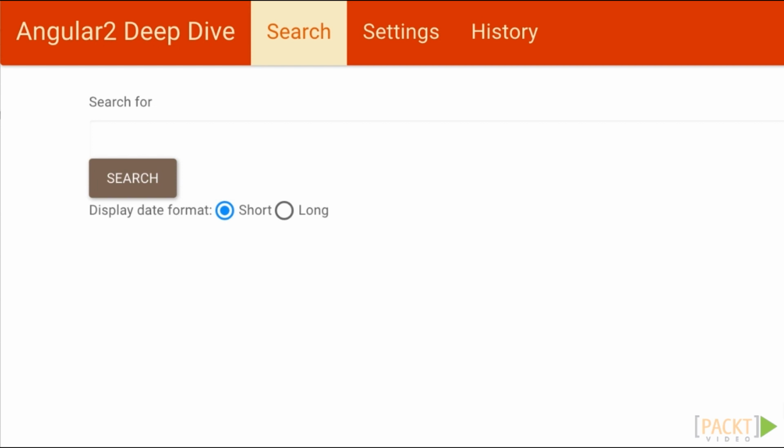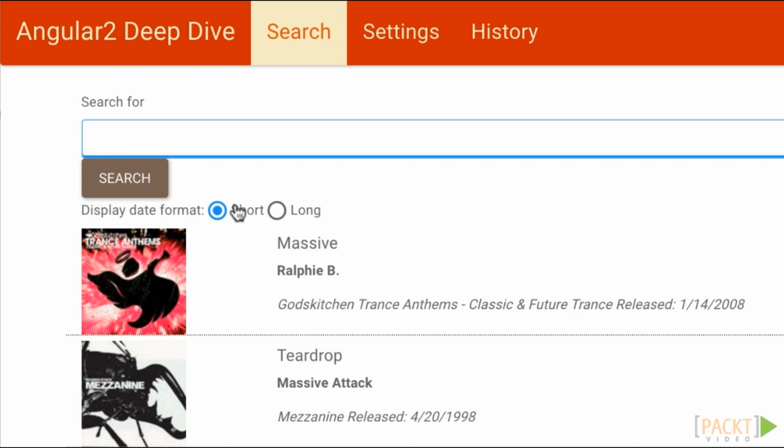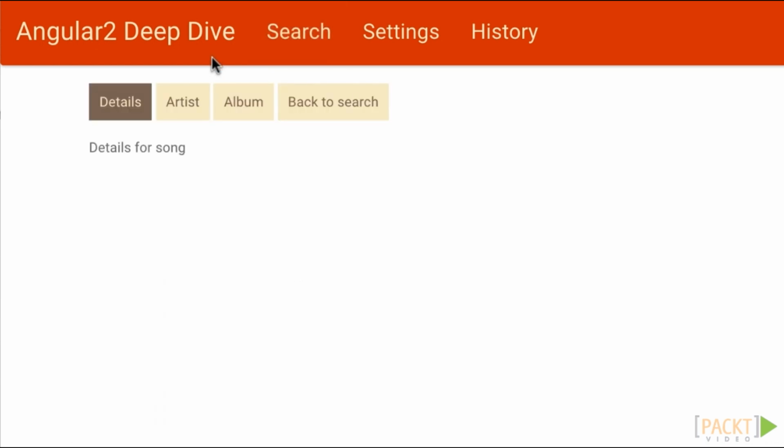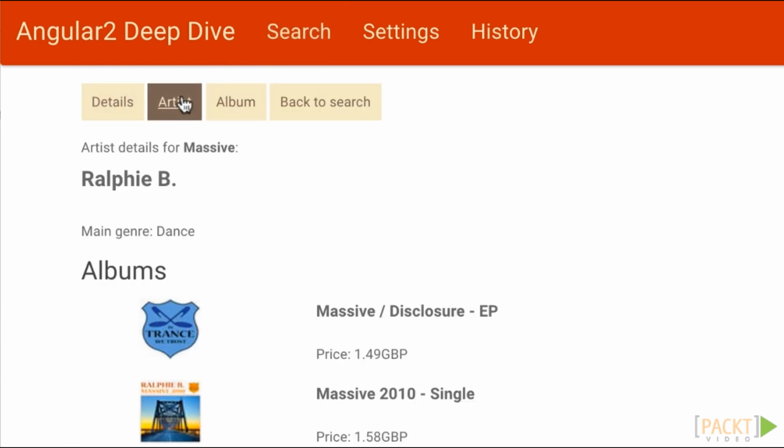If you look in the browser at the current version of the app corresponding to the bundle that was provided for this video, you can see that under Artist, we now display the list of albums of that artist. And the list of albums shows a price. But for the price, it shows GBP as opposed to the pound sign. So we're going to write a pipe which takes this 3-letter currency code and makes it into the currency symbol